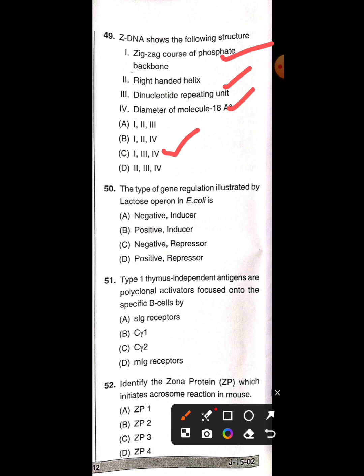The type of gene regulation illustrated by the lac operon in E. coli is: negative inducer, positive inducer, negative repressor, positive repressor. You have to pick the correct one. It is a negative and inducer type of gene regulation in E. coli. Okay,